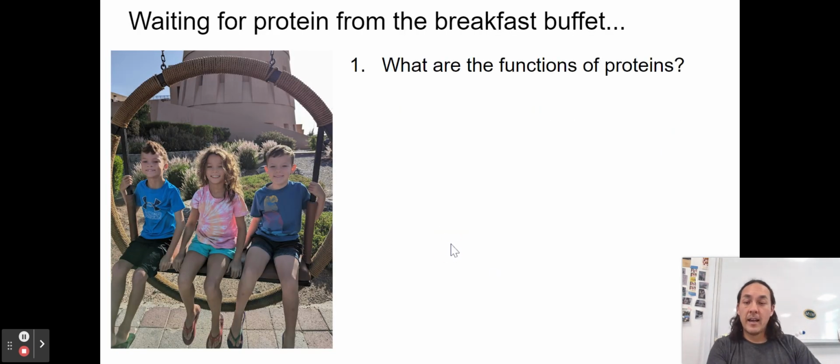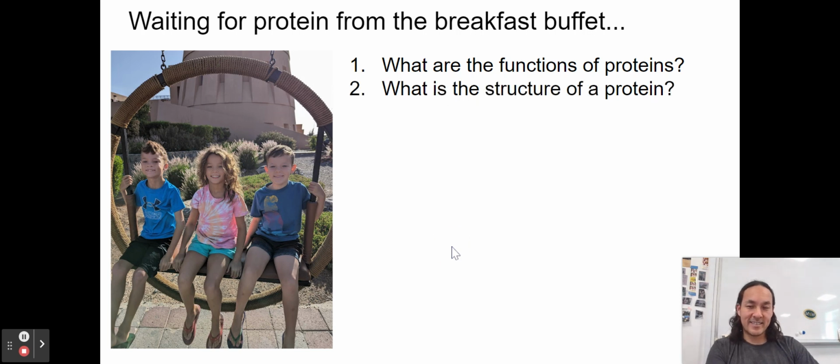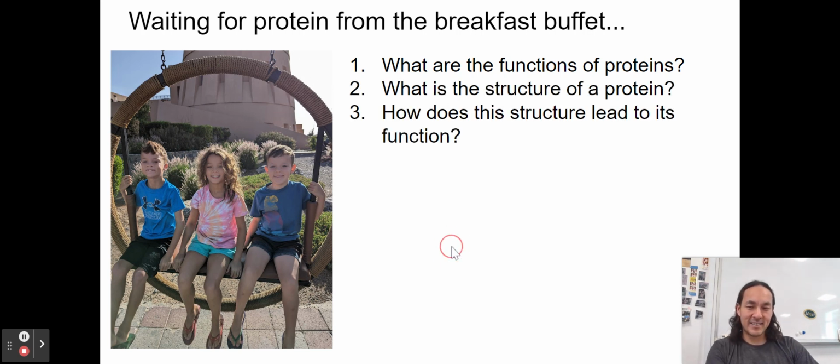All right. How about proteins? This was last year up at Jebel Akhdar at the Anantara. My goodness, what a nice place. All right, so